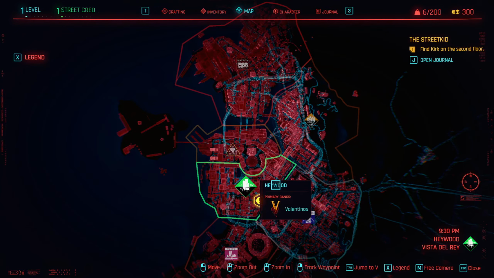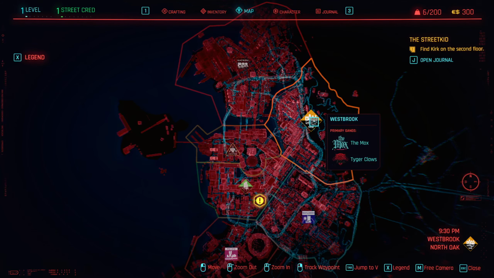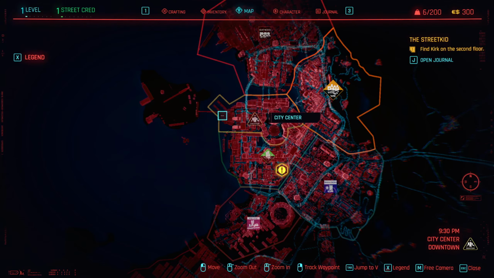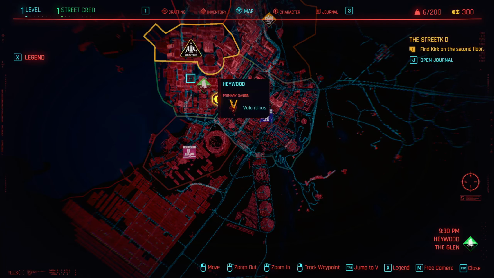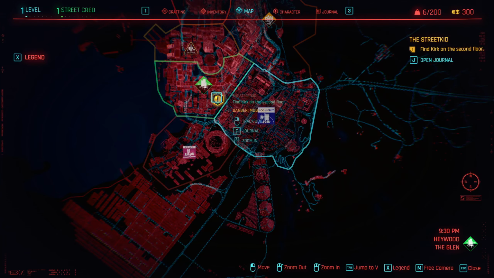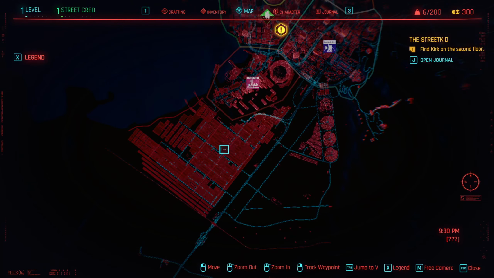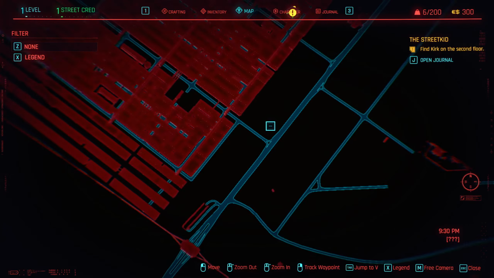Wait a minute. Let's zoom out a little further. We got Watson. Primary gangs, the Maelstrom, the Mox, the Tiger Claws, and there might be some stuff outside of town here. This is also not available yet. Let's see, we got Haywood, Santos Domingo. These are just street gangs, animals. Whatever that is,